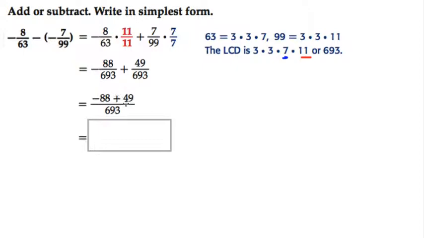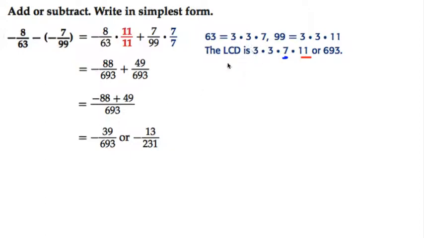88 is bigger than 49, the number itself. So our answer will have the same sign as the 88, so it's going to be a negative answer, and negative 88 plus 49 is negative 39. But now negative 39 shares a factor with 693. Remember, here are all of our factors right here of 693, and 39 is divisible by one of those factors,